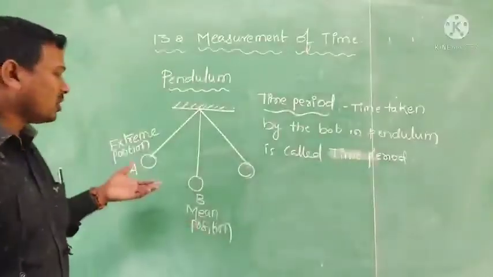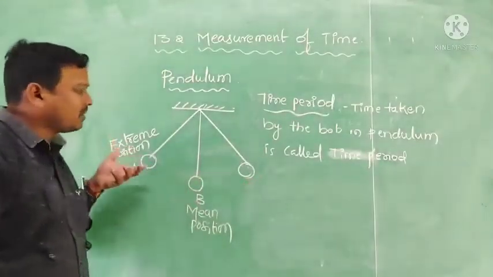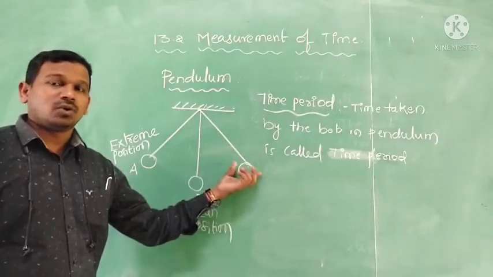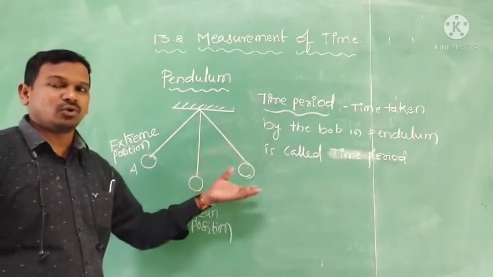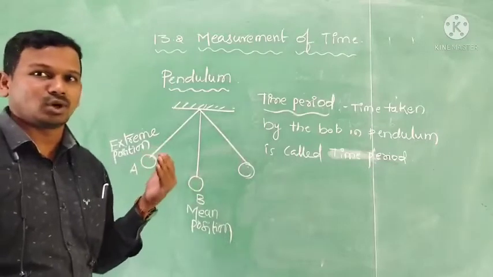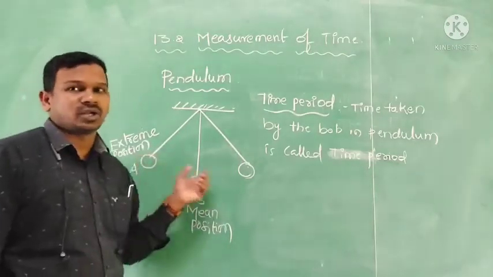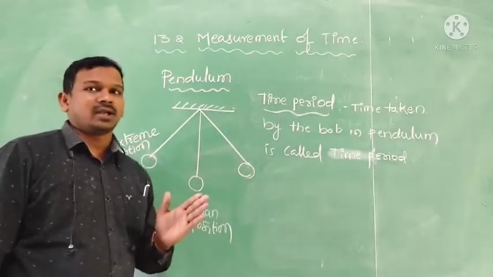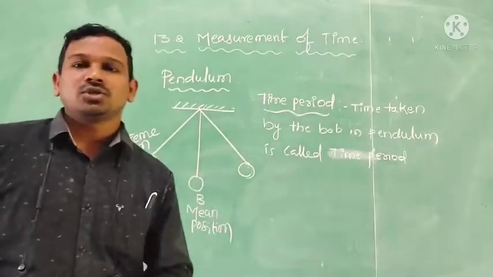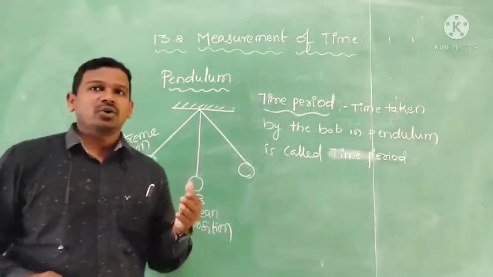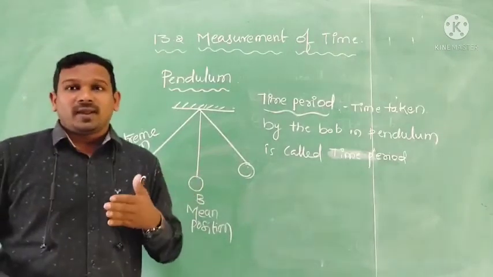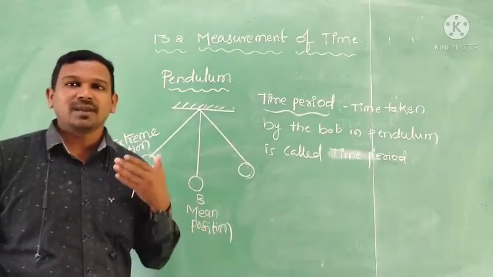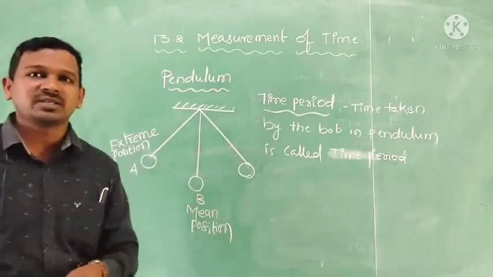So we know the time period of the oscillation, how much time it takes to complete one oscillation. Based on that time period, we come to know how to manufacture clocks. Usually it takes 2 seconds to complete one oscillation, right? Based on this, they calculated the time and manufactured the clocks. Children, in the next session we are going to discuss whether any given pendulum will have the same time period or not, in later sessions.